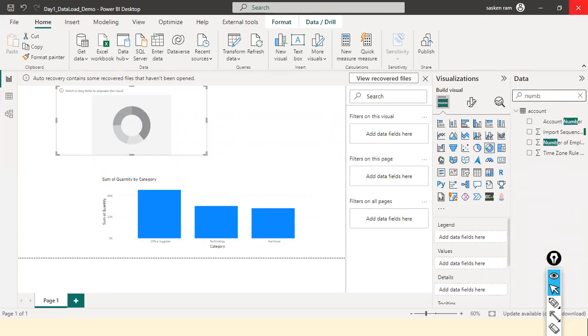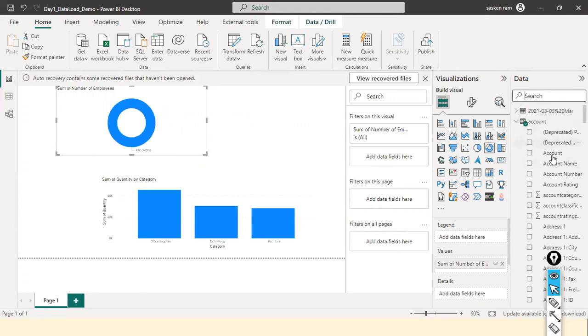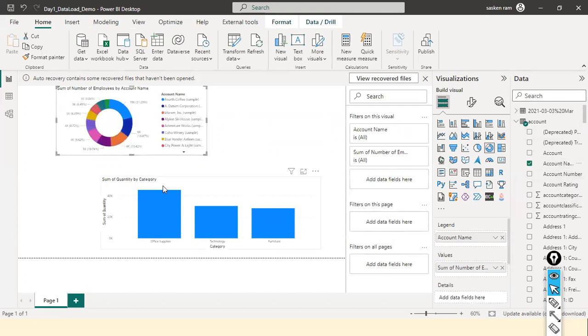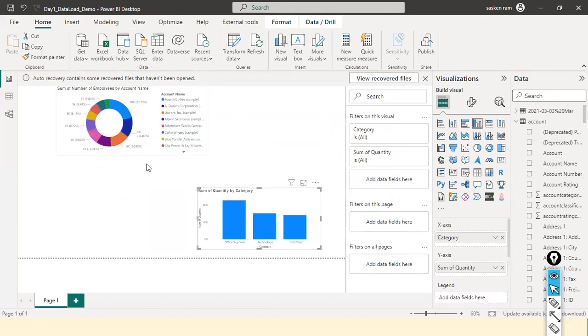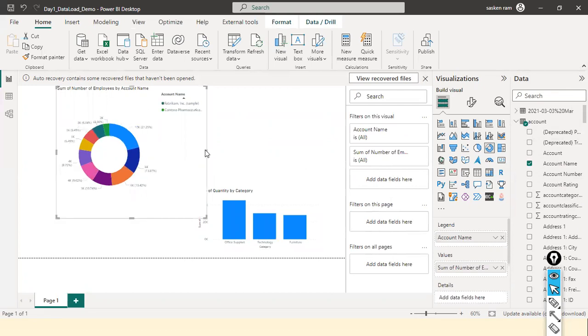Number of employees. I'll drop one column here, and then the account name from this table. I'll just drop it here. Account name, you just think of it as kind of a department. In each department, how many employees are there? You can see it here. So now we have